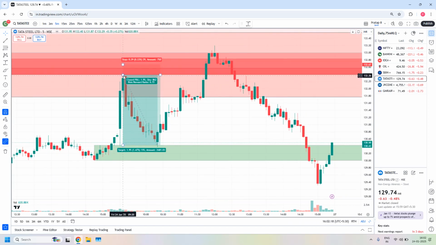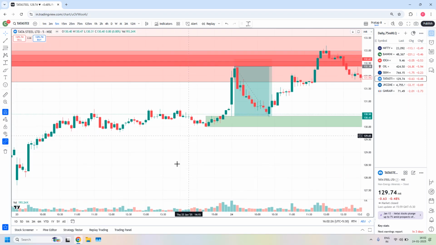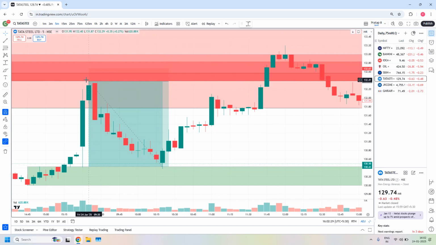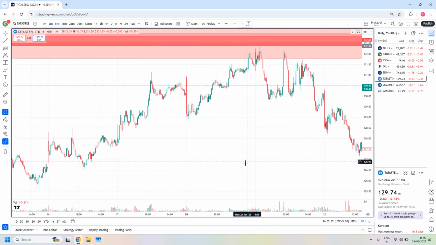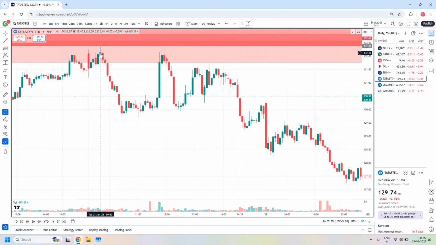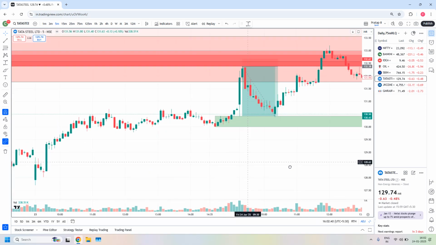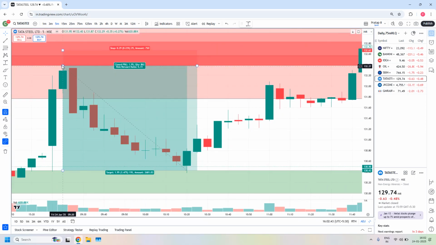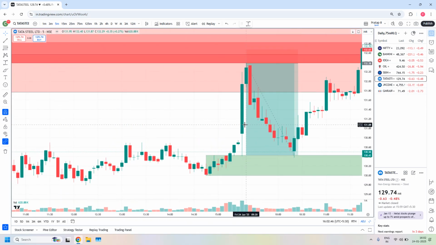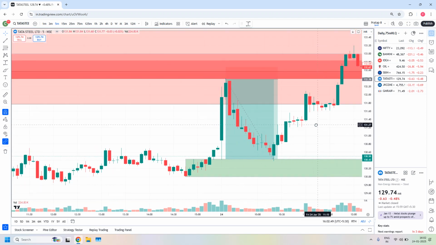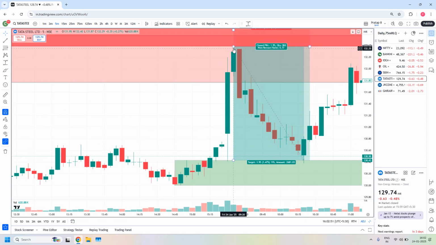See what happened today. Price entered into this 1 minute zone at 9:20. Because at the proximal it is just entering. In all the earlier instances also, it happened here: it just touches the proximal and comes down. Today also the same thing. It went a little inside the proximal, a little bit above, and then sharply came down. And this is the way Tata Steel has given 1:6.7 RR until this